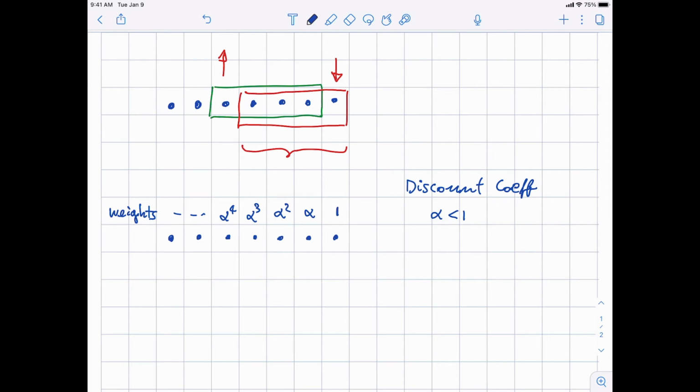Essentially I give much more importance to the most recent samples than to the ones that are far away in the past. This is an idea that is taken a little bit from economics. In economics, $1 today is worth $1. $1 tomorrow is worth only alpha. Why? Because you would rather have the money now than tomorrow, because if you have it now, you can use it in the time between now and tomorrow. If you only have it tomorrow, you only have it tomorrow, right?